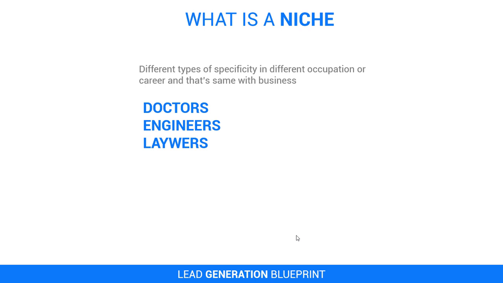Okay, let me use an example for you. Even if you say, I am a doctor, you can't need a brain surgery and go and meet a dentist. They are both doctors, but you will not get a brain surgery from a dentist. So doctors are divided into parts. Those are their niches.